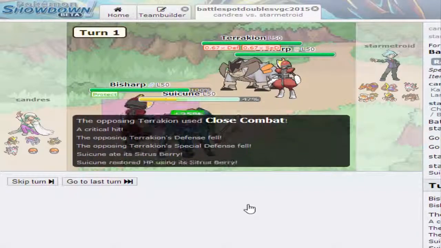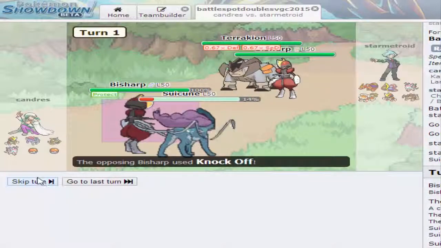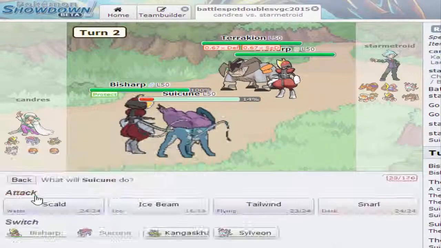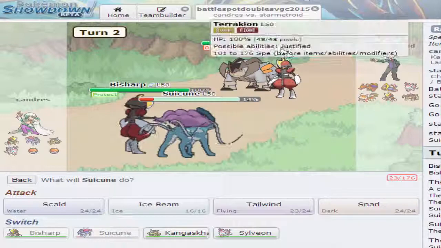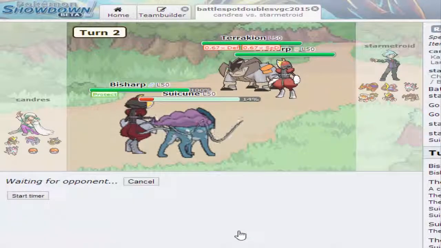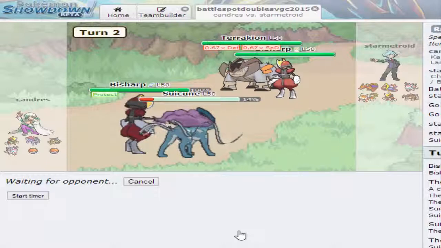But I am going to be able to get the... If he double targeted my Suicune, props to him. He made a really good play there. As I'm just going to Iron Head his Terrakion, and I'm actually just going to... He wants to Sucker Punch here, I already know it. I'm going to make a really risky play and go into Sylveon here, because that way I can maintain quite a bit of momentum. I could also go into Kangaskhan, but I don't know, I don't feel like...